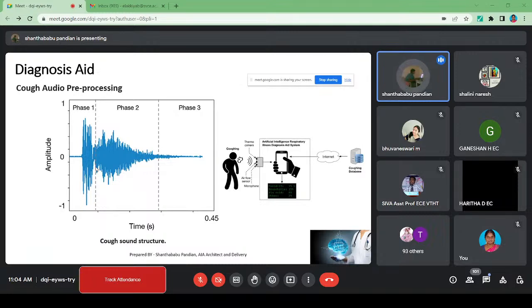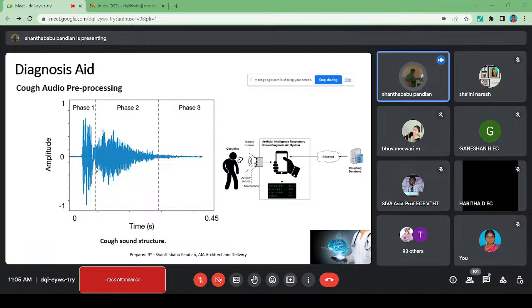So based on that, the amplitude here indicates the severity of the patient. So the cloud is, I say here, the cough sound structure. Look at this one. Actually, that's what I said, when AI started giving you solutions for unstructured data, right? Now this is nothing but our audio.